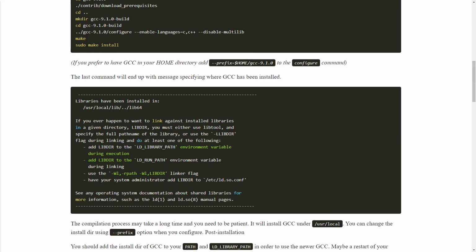Otherwise, for example, if you're using the 8.5 GCC or 10.3 GCC in Fedora, it will lead to a compiler error while you compile CMake or